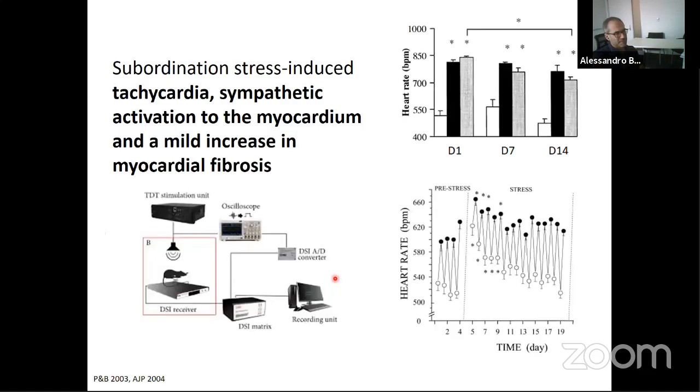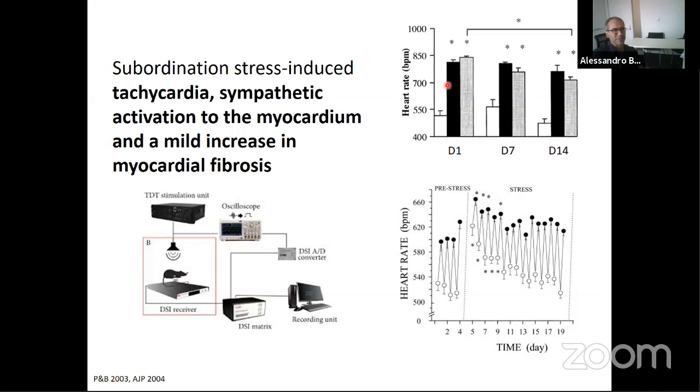We spent quite some time working on cardiovascular function. Many years ago, during my PhD, we were using DSI radiotelemetry to measure heart rate and cardiac function of these animals. And what we noticed in the subordinate animals was a remarkable inactivation of the cardiovascular, or the heart function. During the social defeat, the heart rate of this subordinate animal goes up to 850 beats per minute, which is close to the theoretical maximum that the mouse heart can beat.